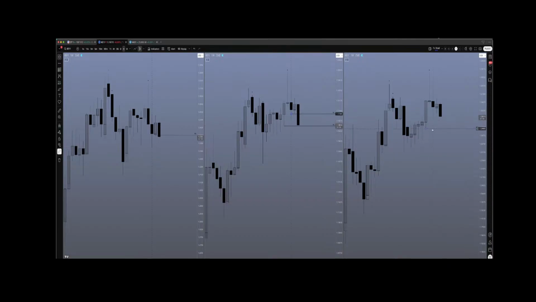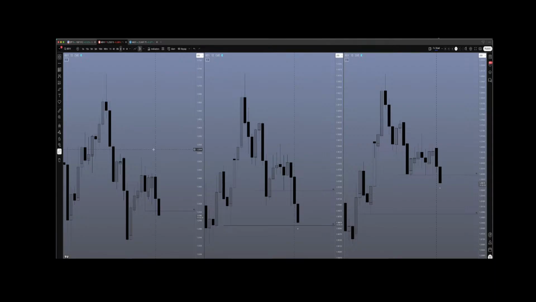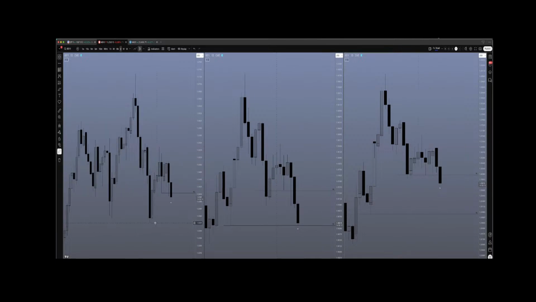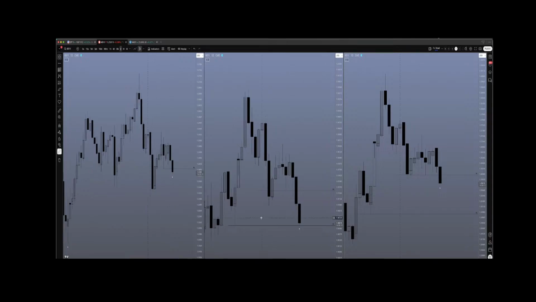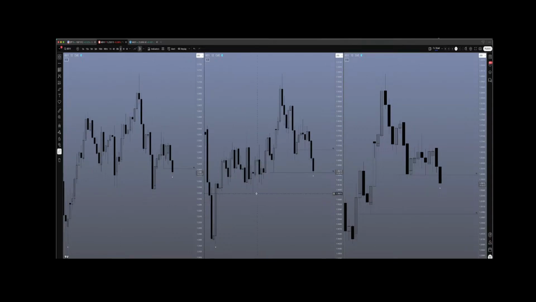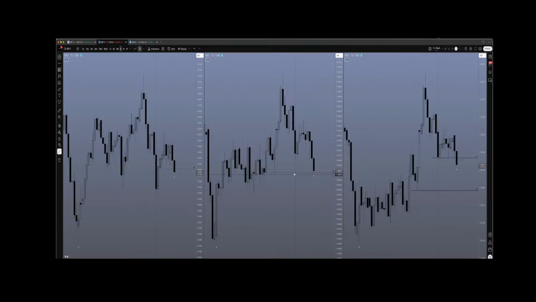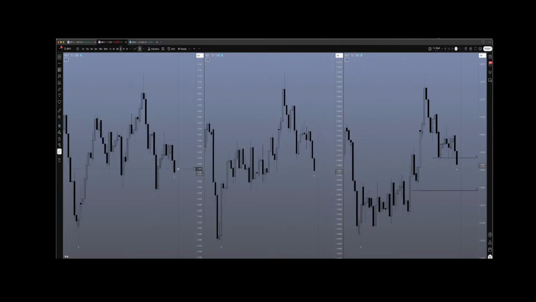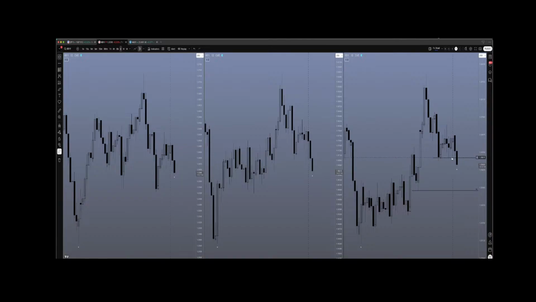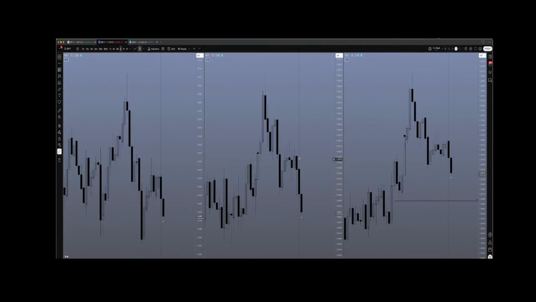Quickly mark that out. Previous week's low, and I can see what happened on the daily. Got a wick below there. Close, yeah. So quite a clear draw of liquidity on 6B as well. There's going to be liquidity below these lows here. So let's just get rid of that. We'll leave that one in on 6S.